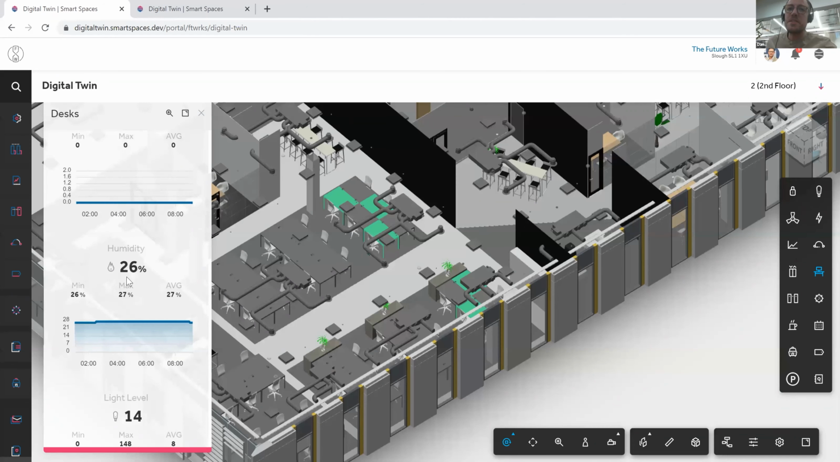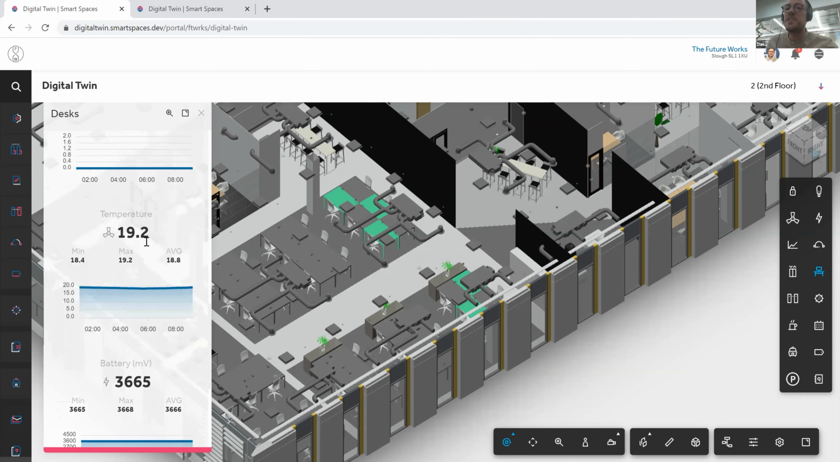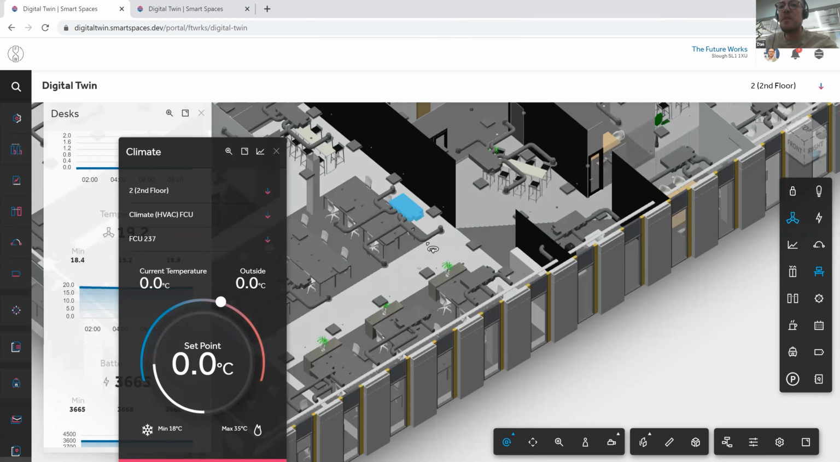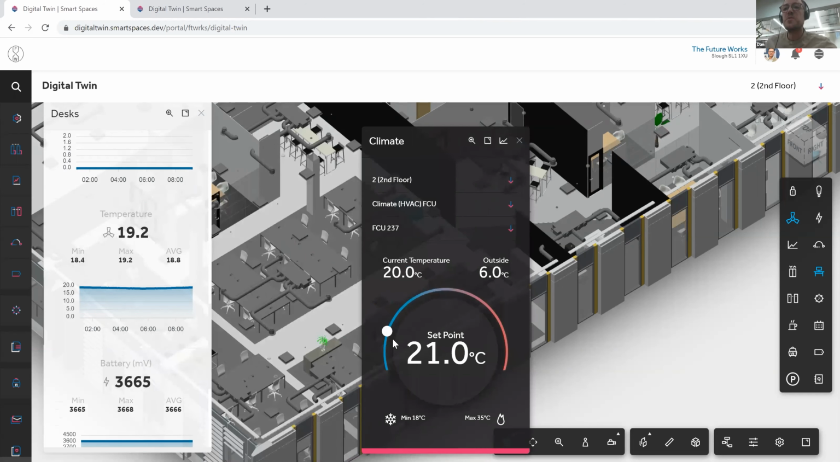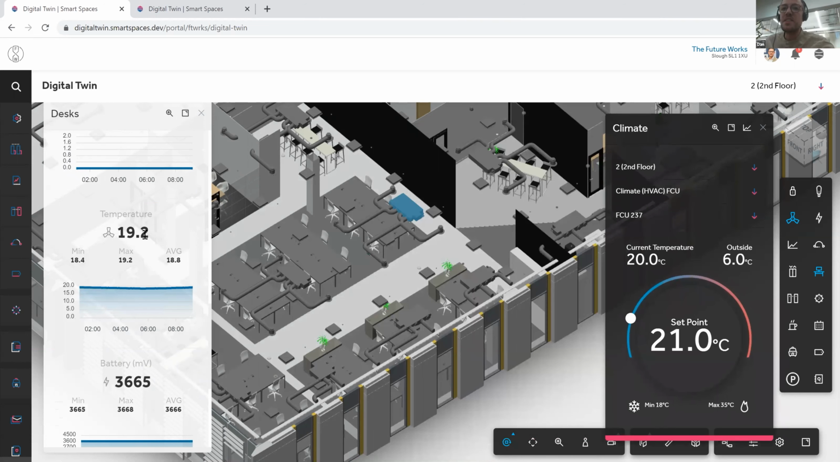So for instance, humidity is quite low at 26, light levels at 14, temperature 20 Celsius. Now, why this is important to us is that if I click on the fan coil unit above that desk, we can see the correlation between the two. What we're really hoping is that it's providing as near as 20. Yeah, so I've got 19.2. That's the sensor on the return air flow, but at the desk I'm delivering 19.2, which is within our